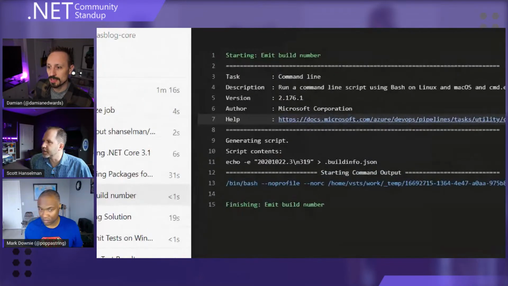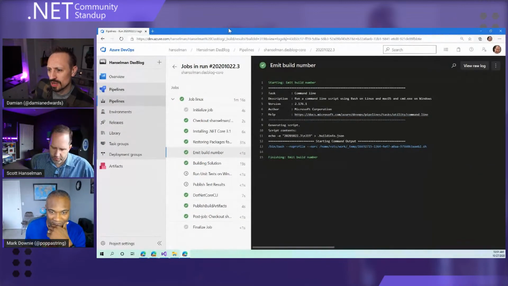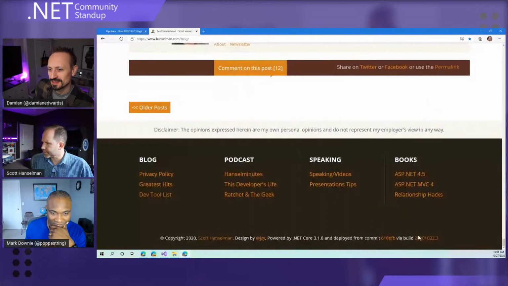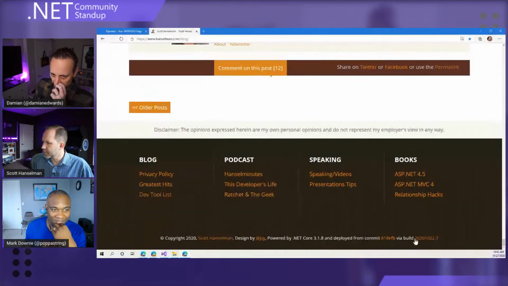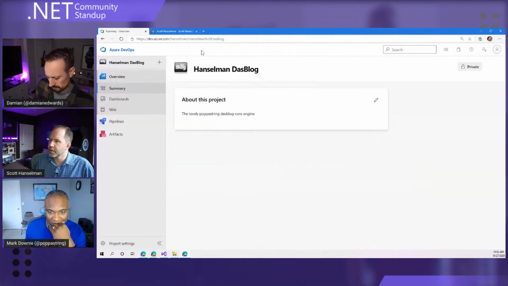Oh, that's interesting. Look at this. Whoa! What is that? Is that a coincidence? That's a new line. Why is it emitting that? That might just be a bug in our very simplistic logic to capture the build info. I think the build info file was created.